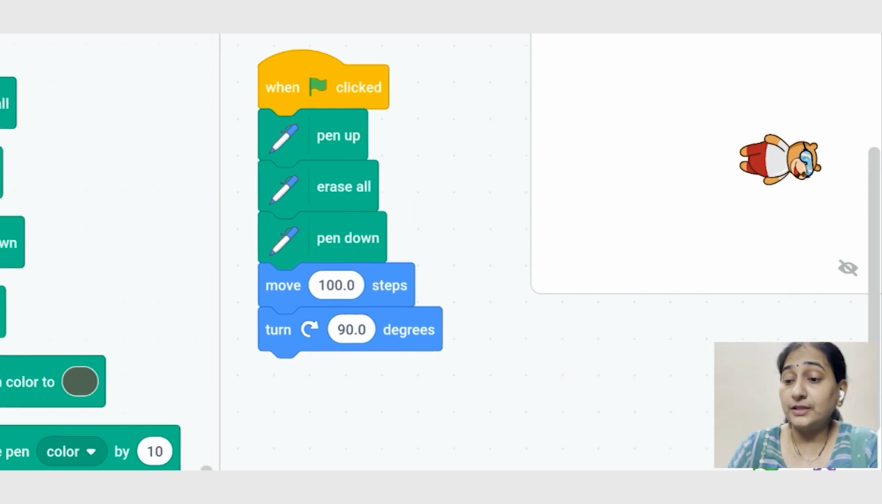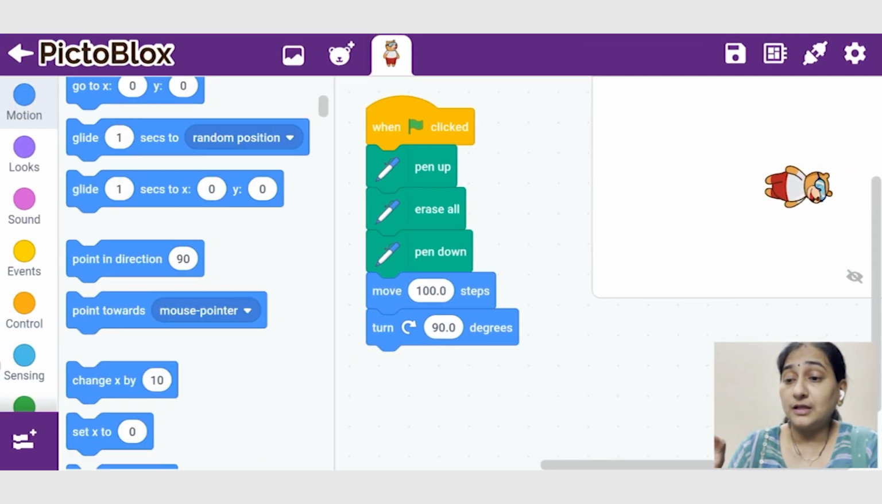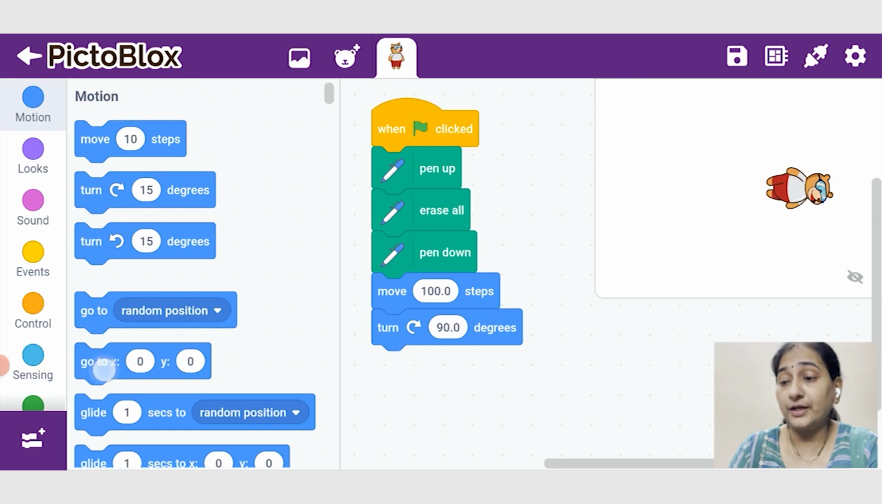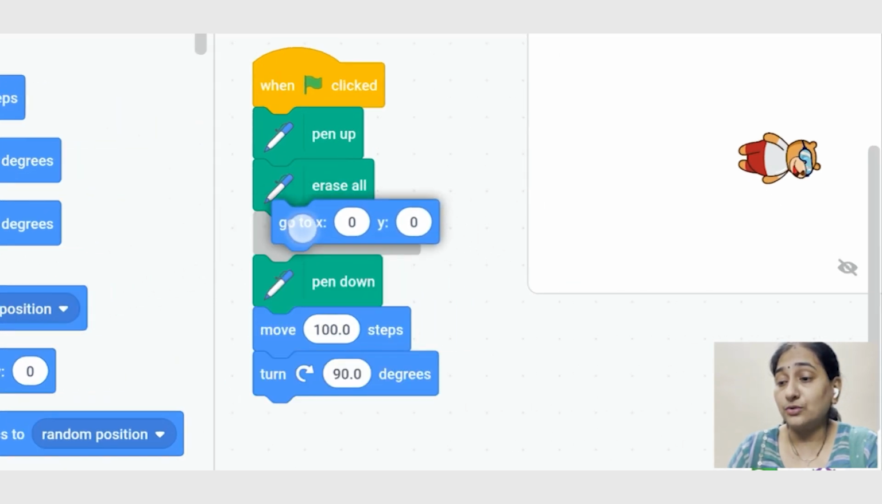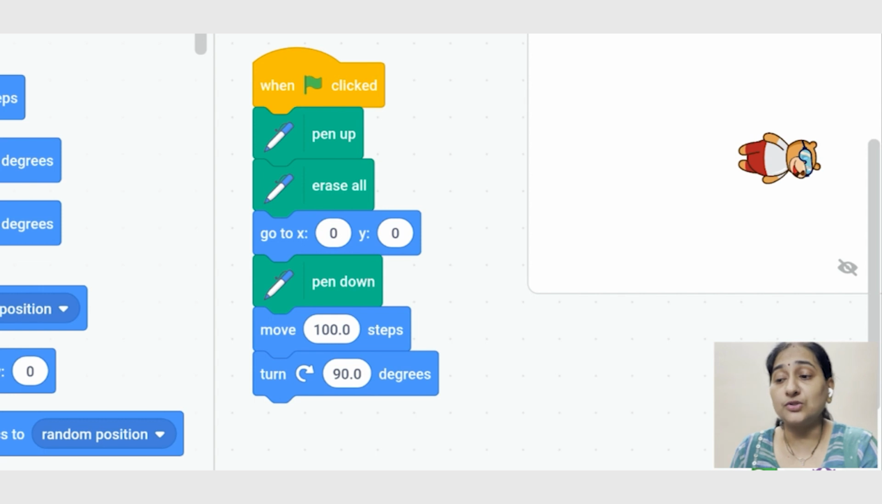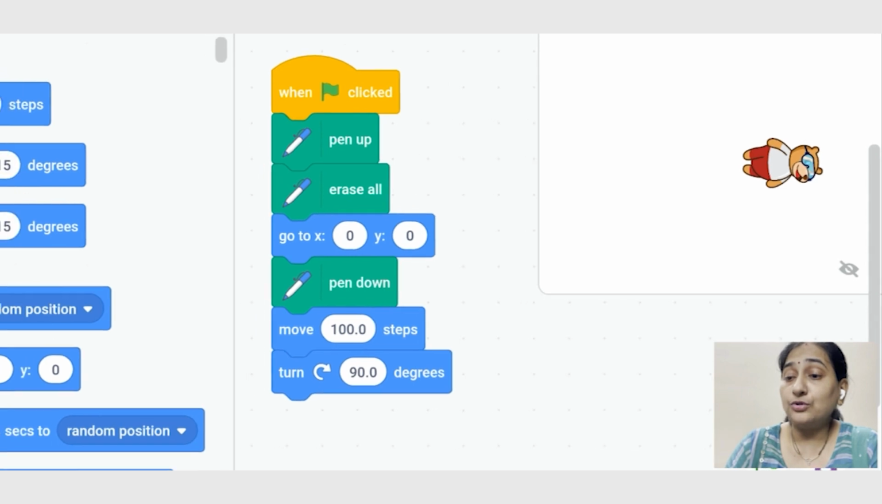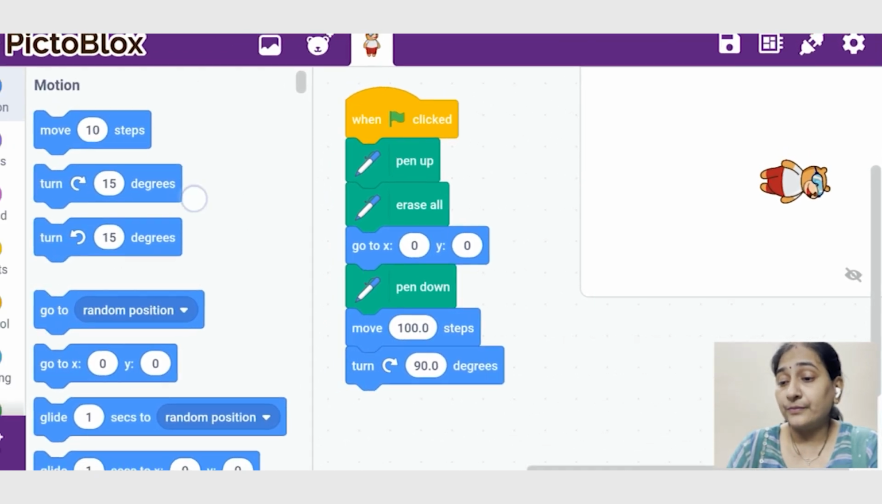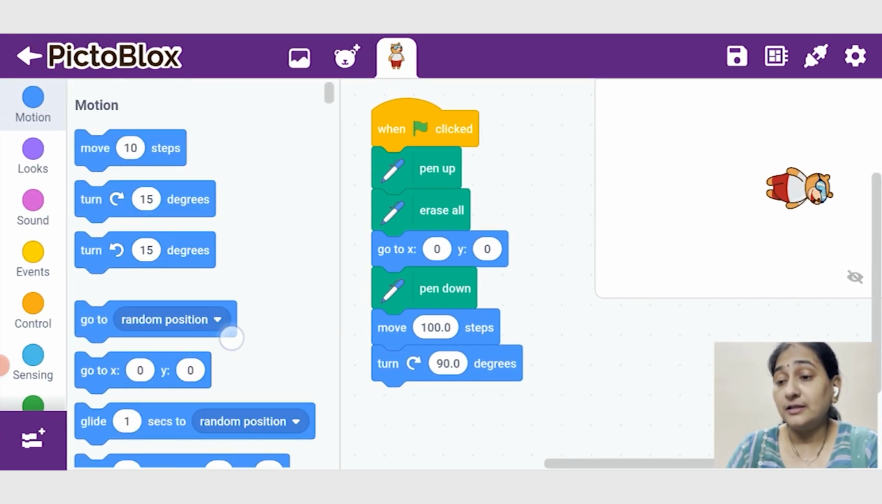So how do we define the starting point? Come to motion, you will find go to x0, y0. So after erase all, I've given go to x0, y0. That means I'm giving the first point to start. So Toby has to start by going to x0 and y0. That is the center position. After this, I'm also saying let Toby start by